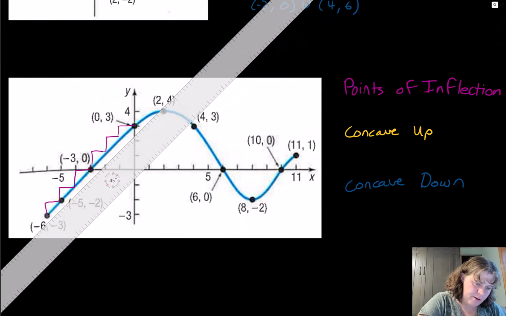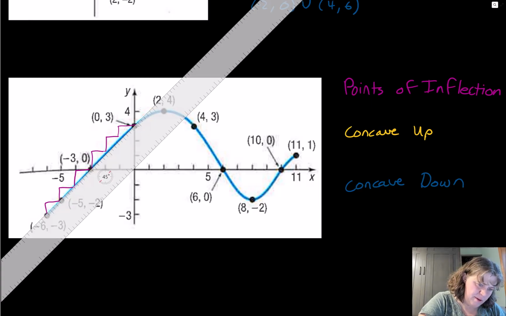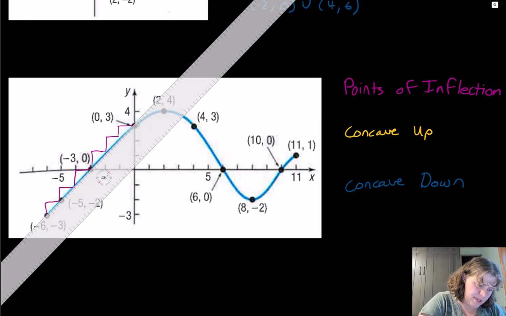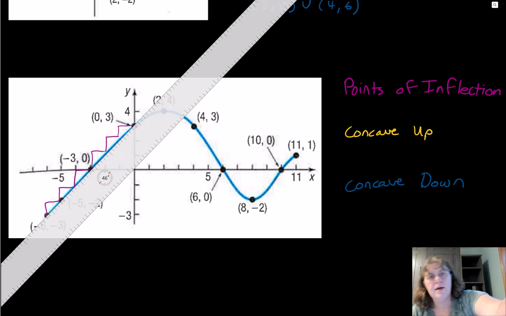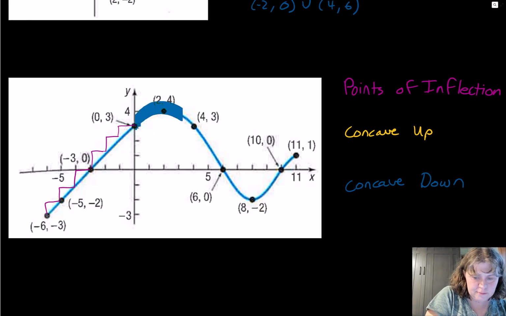Let's see. If I grab my ruler. Well, okay. It's got a little bit of a bend to it. Maybe I'm just not putting this thing at the right angle. No, that's pretty straight. Okay. All right. Bad example on my part. Sorry about that. So we're going to pretend like concave down, but really the concave down starts here and goes